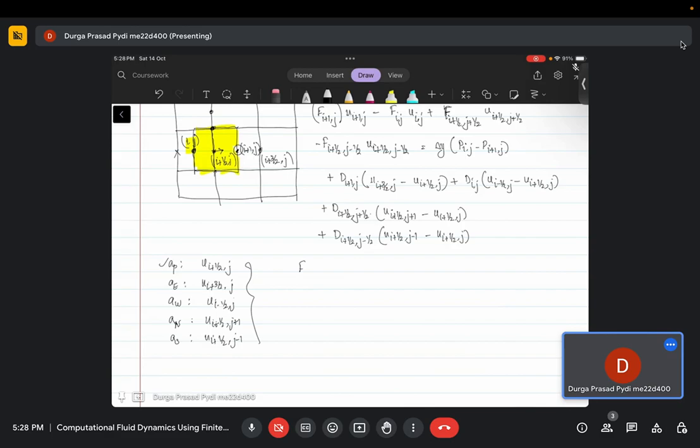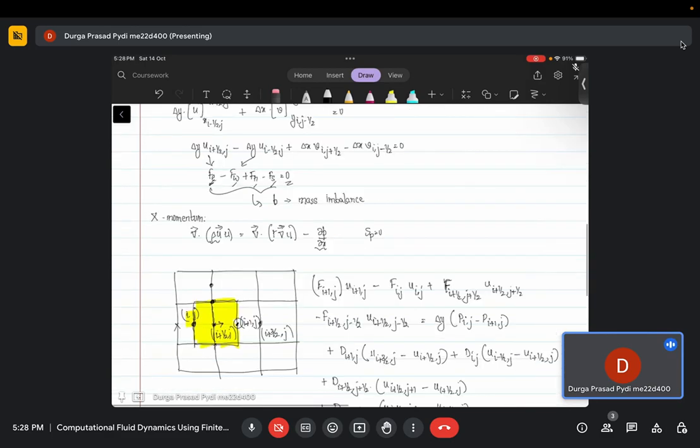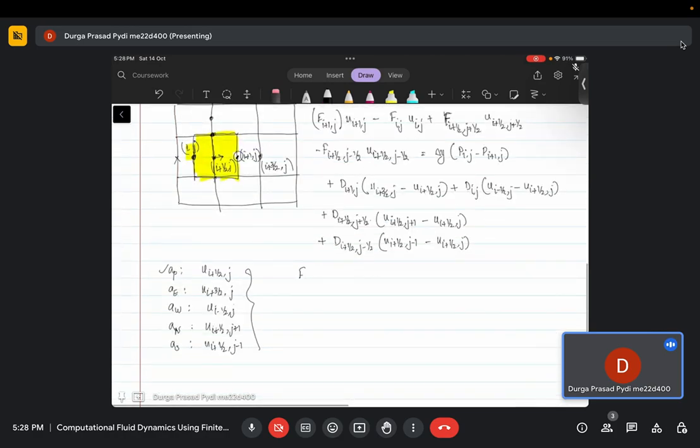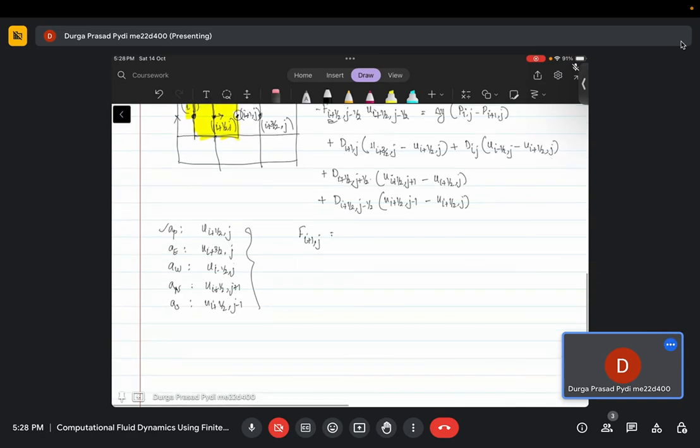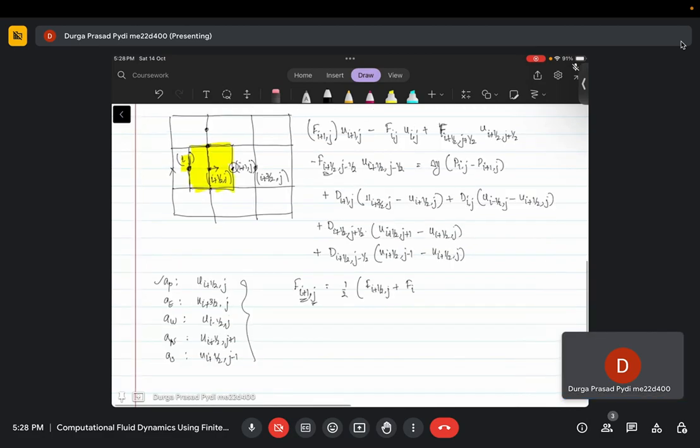Previously, F values were only calculated at these half indices, but to solve this equation I would need, say, F_{i+1,j}. Like we have discussed previously, you just use an arithmetic mean. Now that we have written in this notation, it will be a little easy. You just write i plus half, comma j and then you have